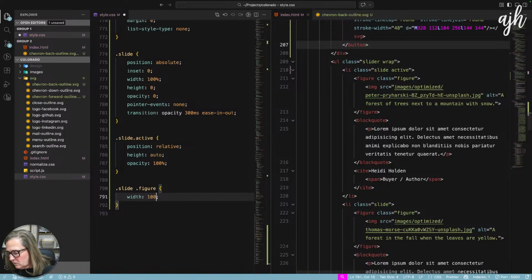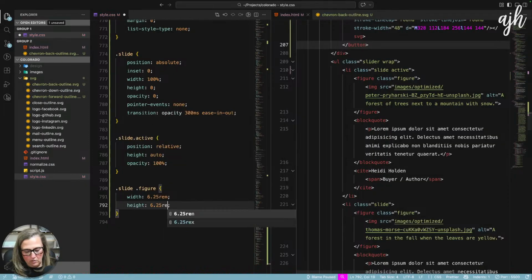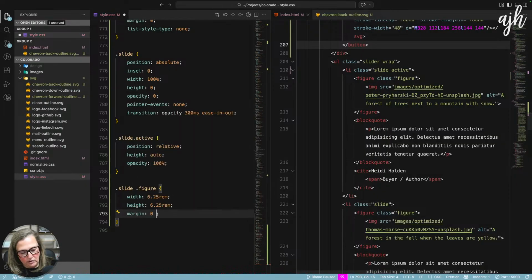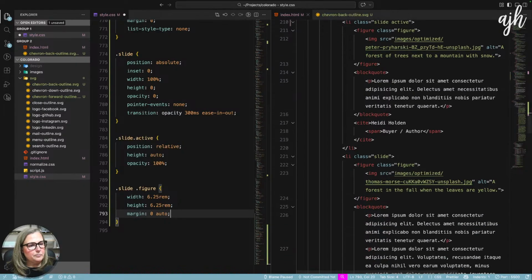Let's do rems. 100 divided by 16 is 6.25. I'm going to do a width of 6.25 rems by a height of 6.25 rems, and then this will be a margin of 0 auto.